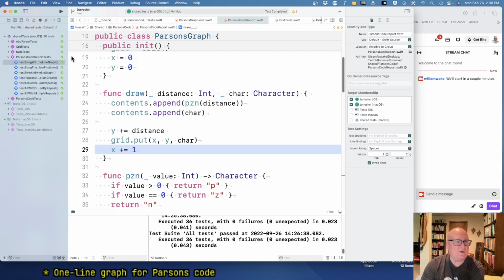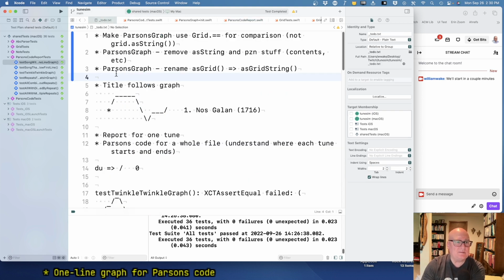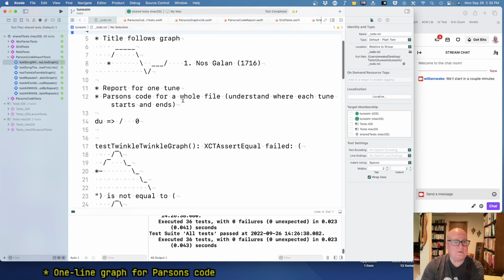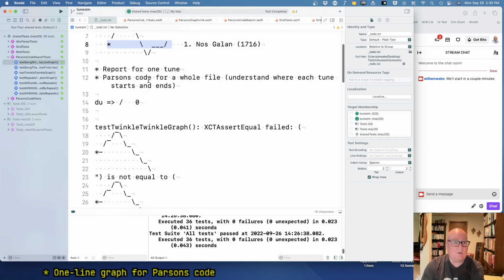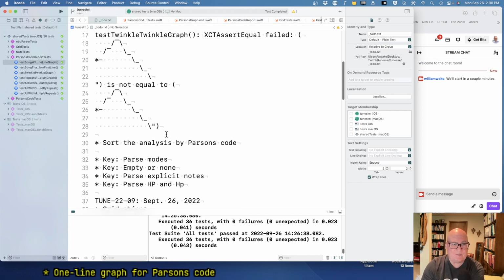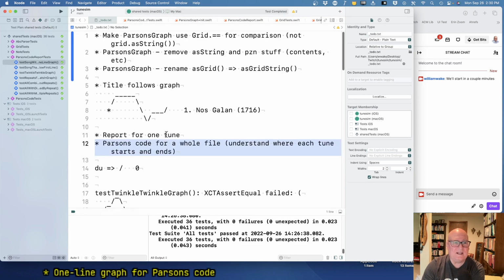We will pick up on the graph thing. I think we'll do those cleanups pretty quickly and then work on the report for a whole file and having a series of these things. I guess we'll have to work on the appending graph, appending grids horizontally and vertically, and then we'll get the whole file going. I've got an ABC file for the no scaling, the deck the halls research that Fiona Potts sent along, and we'll plug that in. And what that'll do, it won't work because we don't handle a lot of ABC notation yet, but it'll give us some direction to go